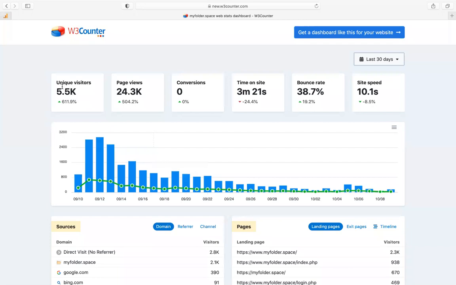Today, the number of unique visitors who have visited that website, from morning to now, is 5.5K. So 5,500 users have visited that particular system. Now, the number of page views is 24,000, like 24.3K have viewed it. Now, the average number of